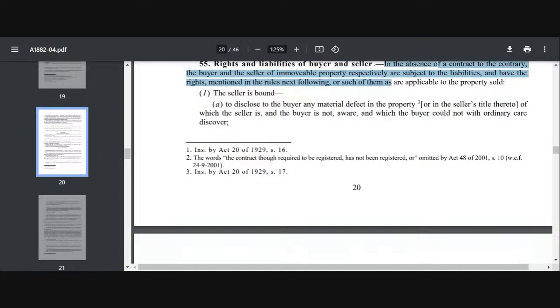To produce title deeds for inspection is also the duty of the seller before sale. He has to produce all the title deeds for inspection. He has to answer all relevant questions also as to title. To execute conveyance also. To take care of the property and title deed. So before sale ऐसा नहीं कि हम सेल करने वाले हैं तो हम प्रॉपर्टी का ध्यान नहीं रखेंगे. हमें प्रॉपर्टी का प्रॉपर टेक केयर करना है. एंड टू पे ऑल द आउट गोइंग्स ऑल्सो इज द ड्यूटी ऑफ द सेलर. ऑल दिस इज द ड्यूटी ऑफ द सेलर बिफोर सेल.